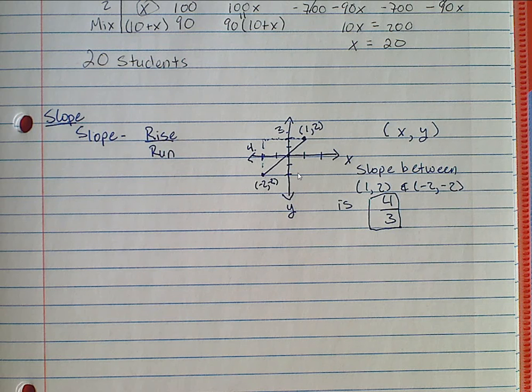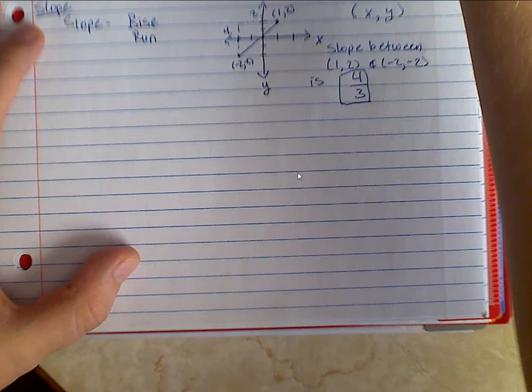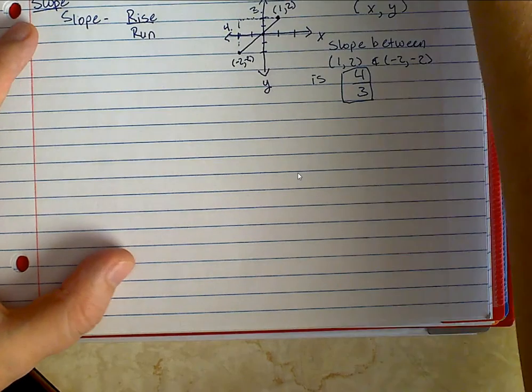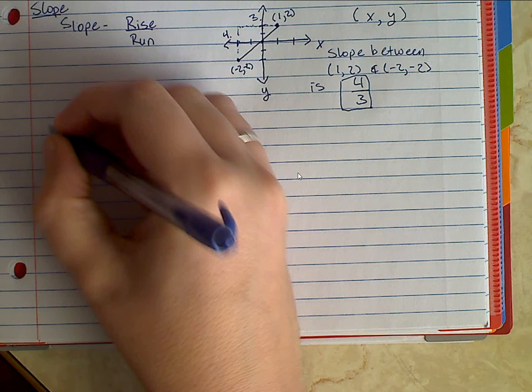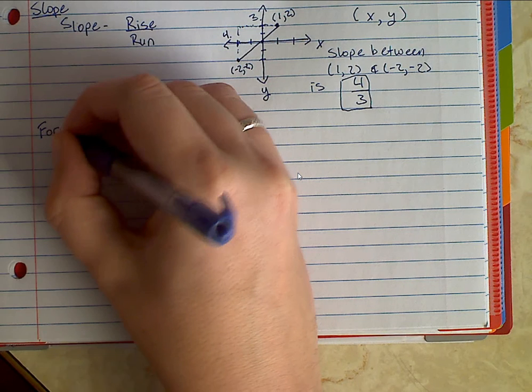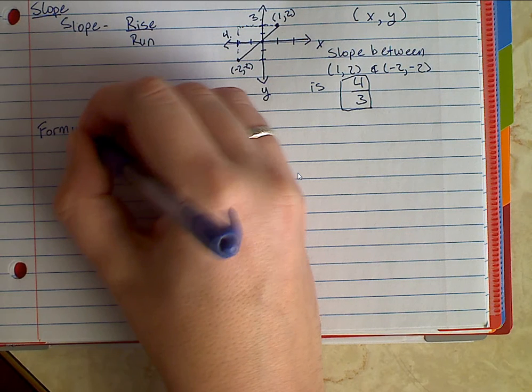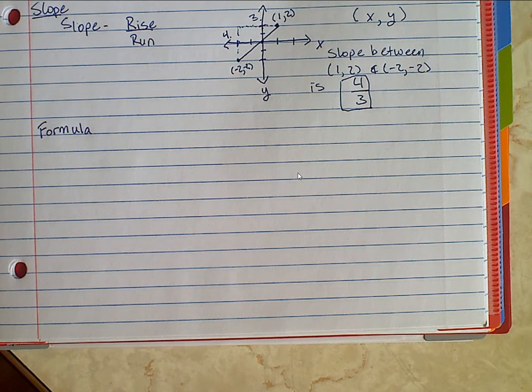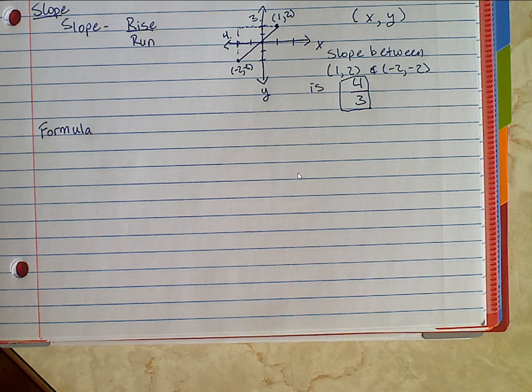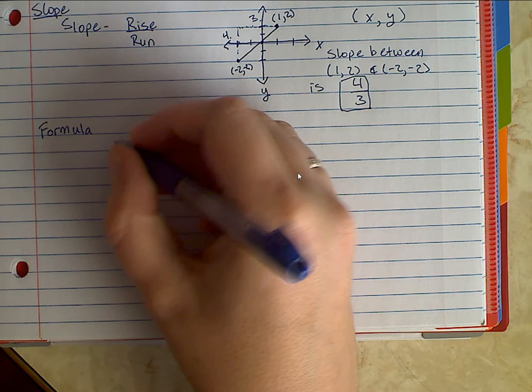So way number 2 is there's a formula that you can use to find slope. So, formula. And I kind of like the formula more than graphing it out, because I think graphing it out takes up a lot of space, but there's nothing necessarily wrong with graphing it. So the formula is that slope,